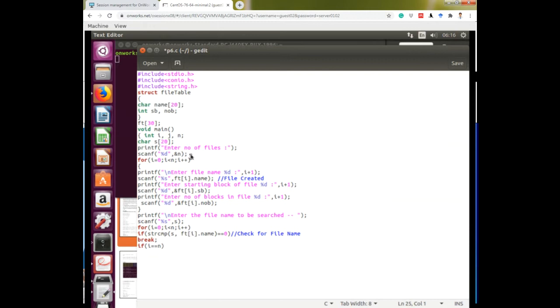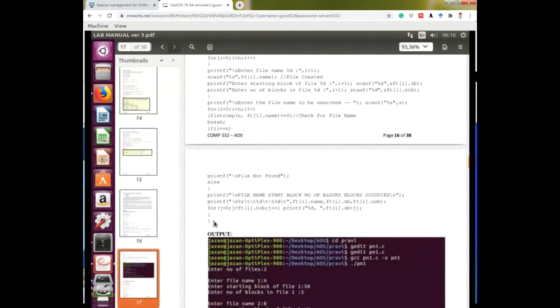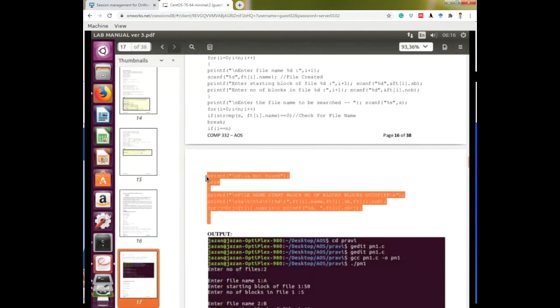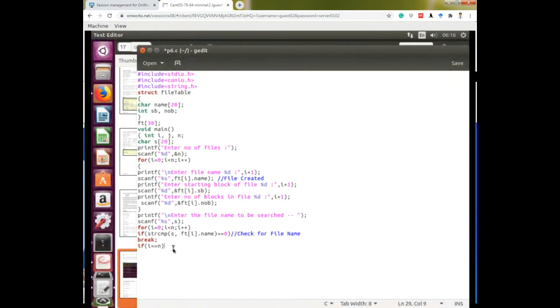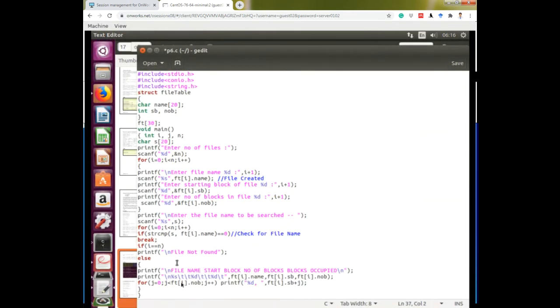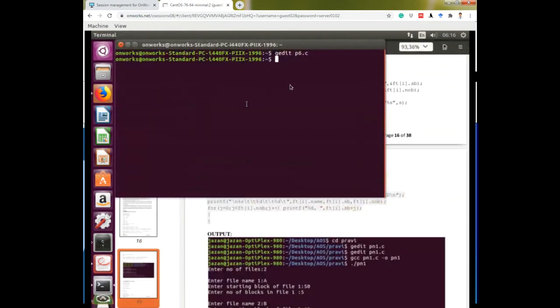And I think the rest is good, the rest has no problem. Then copy, save it, then close it.